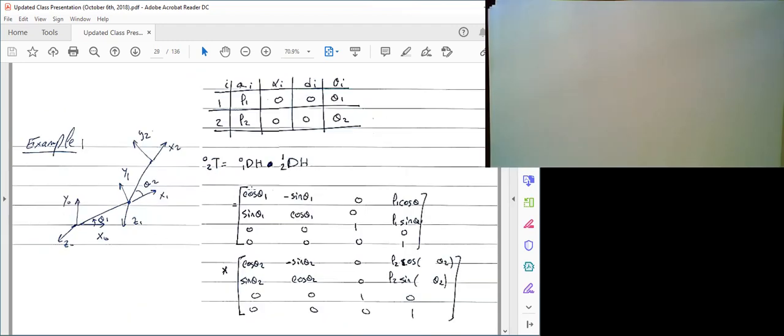Okay, so this is what we did. We basically built our table. We said A is going to be the distance between the Z-axes. In this case, it would be the length of the first link. Alpha is 0 because the Z-axes are parallel, right? So you would only have an alpha of, for example, 90 or minus 90 if your Z-axis changes direction or changes orientation. For example, you would have your first joint,